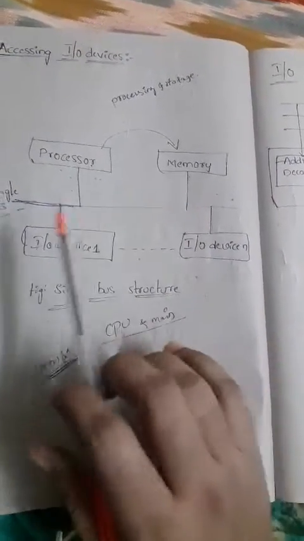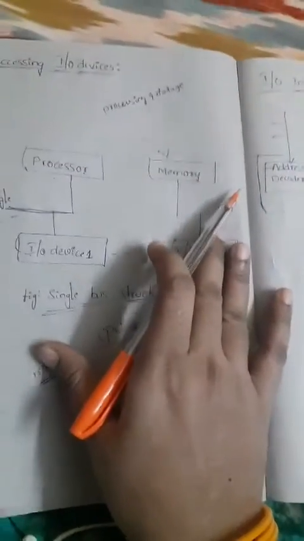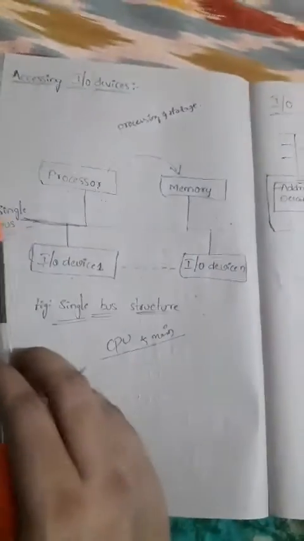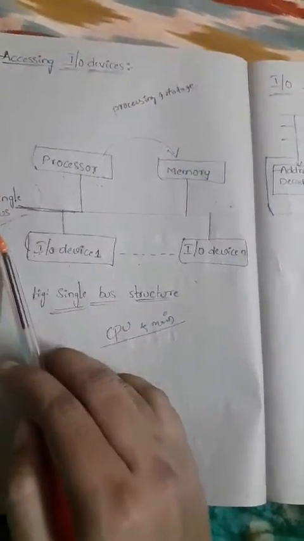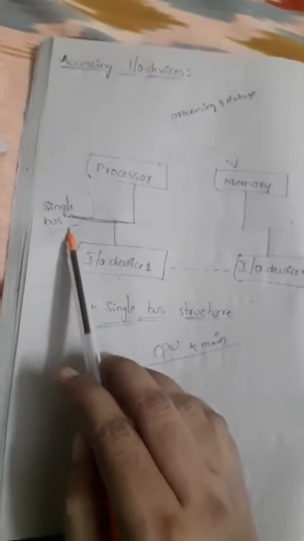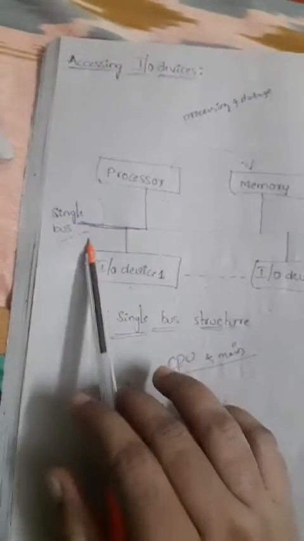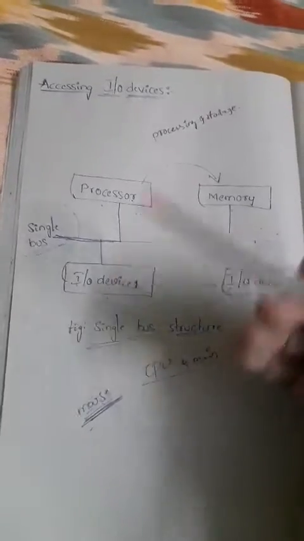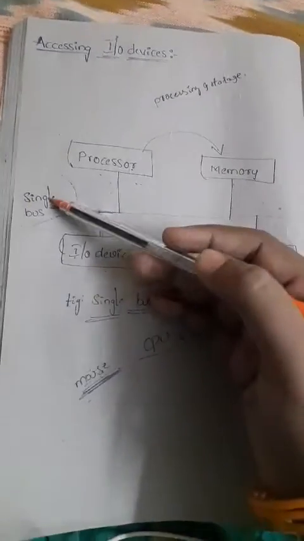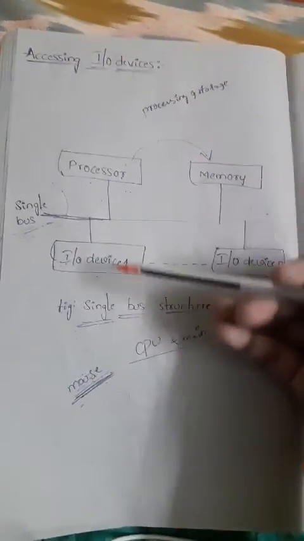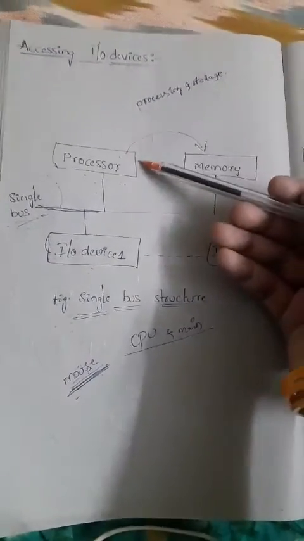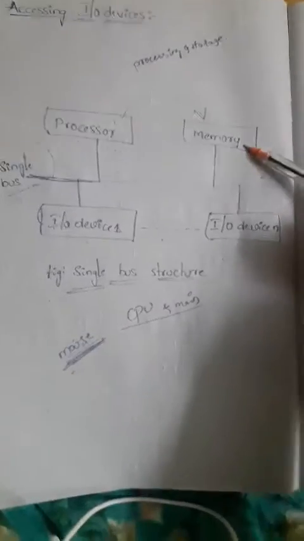Okay, so who is going to be involved here in the major concept? The main role will be played by the mediator, that here is the bus. Only the bus can send the request. That means the bus can only send the information from the input device to the processor, or from the processor to the memory, or from the memory to the output device, like that.